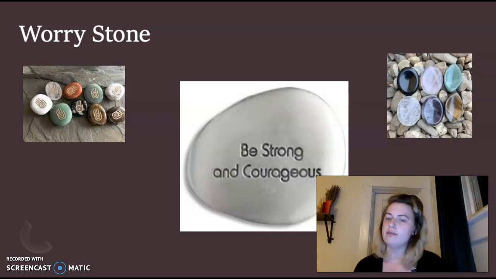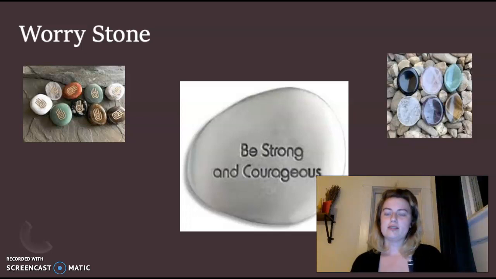I couldn't find a lot of information on worry stones, but I hadn't heard of it until Dr. Hilburn had brought it up. So I found that really interesting because I've heard of weighted blankets, a bunch of other things, that I hadn't heard about the worry stone. And I brought it up at my job to one of my coworkers. And one of my coworkers has a son in the middle grades, and he has autism. And they had used the worry stone on his son before and said it's helped a lot.